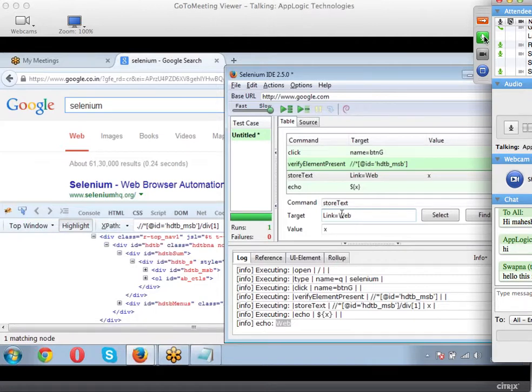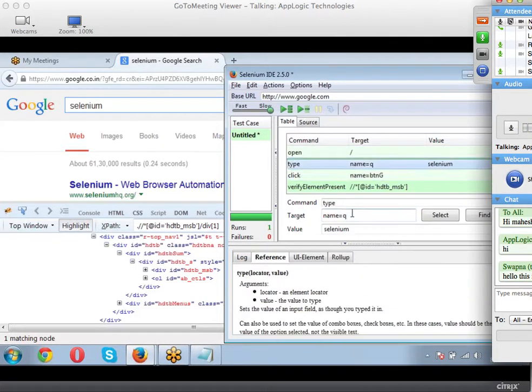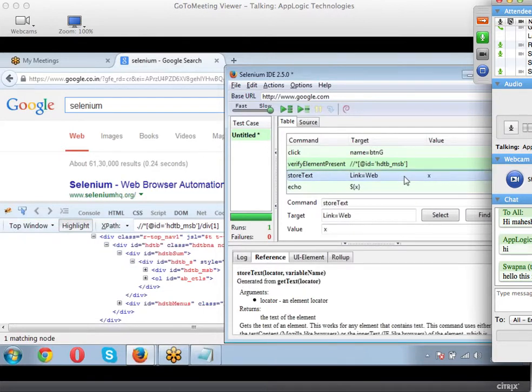I'm talking about link objects here. Only for link objects we will not have properties like ID or name, because for a text box we had a property called name is equal to q, so we used that object and wrote a text called selenium. But links will not have an ID or name.